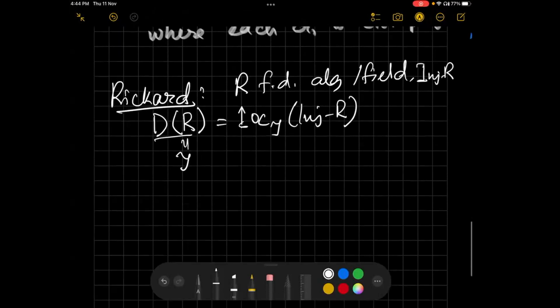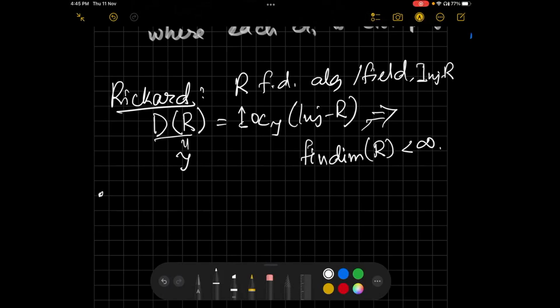So Jeremy showed that if this happens, then the finitistic dimension of R has to be finite. Note that I'm not really differentiating between the big finitistic dimension and the little finitistic dimension. When people talk about the little finitistic dimension, they only consider finitely generated modules, and they don't restrict themselves to finitely generated modules when they talk about the big finitistic dimension. I'm not going to do that. I'm allowing all modules, so I'm just using pendim with a small f. So this is what Jeremy Rickard showed.